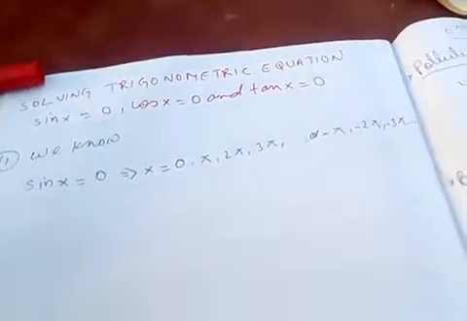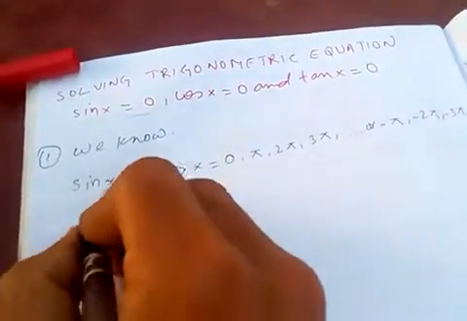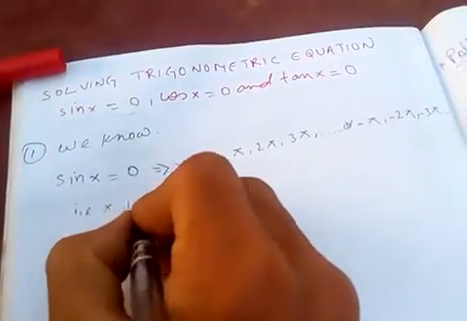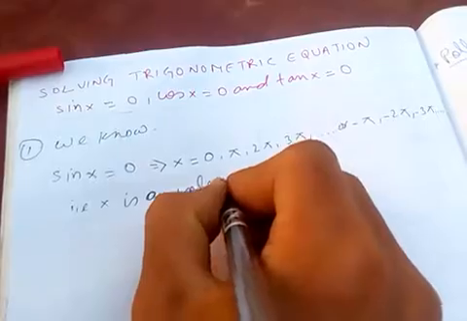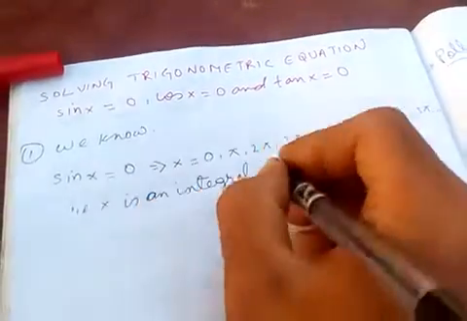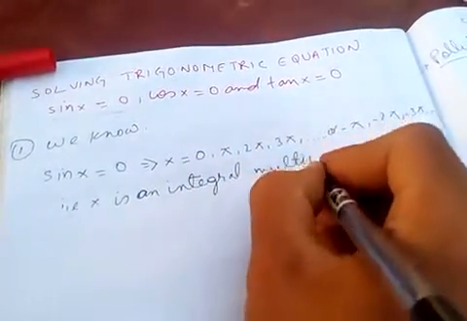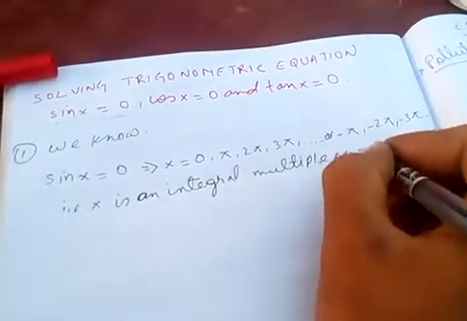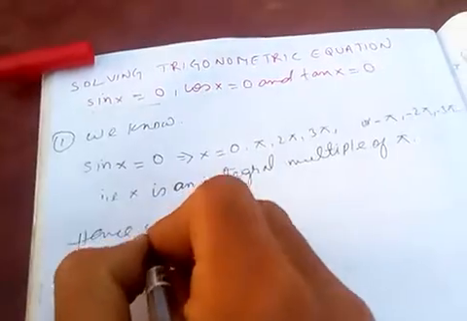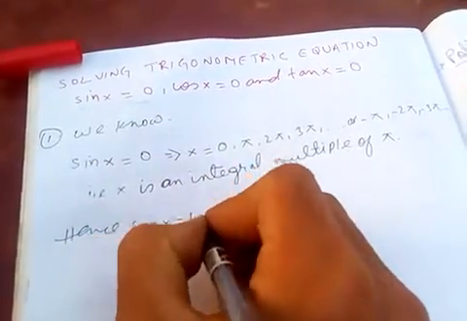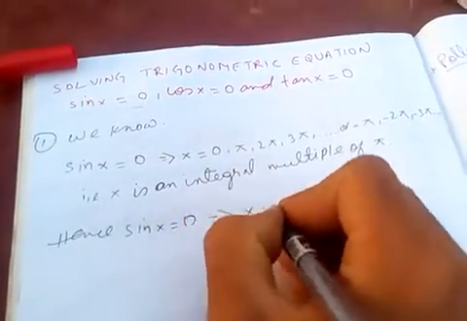Then x is an integral multiple of pi. So hence sin x equal to 0 implies that x is